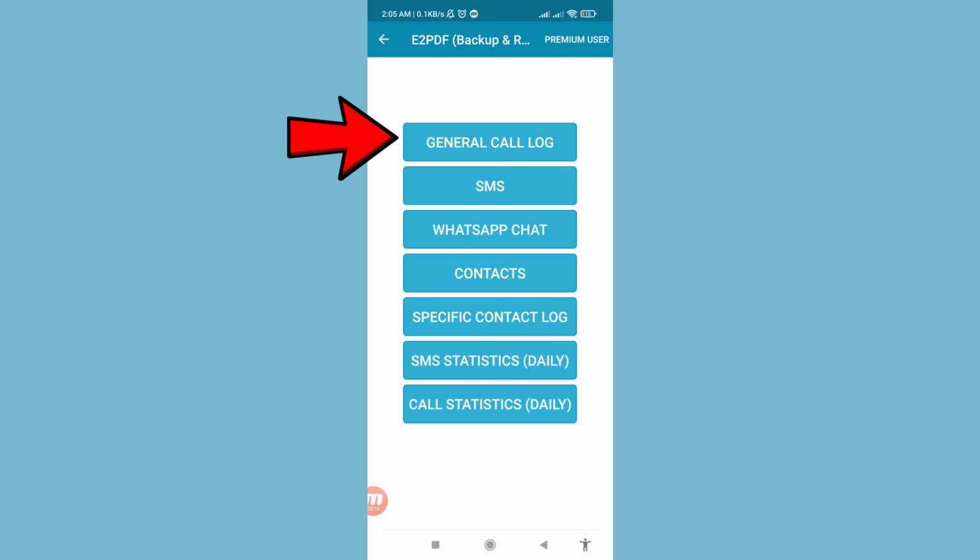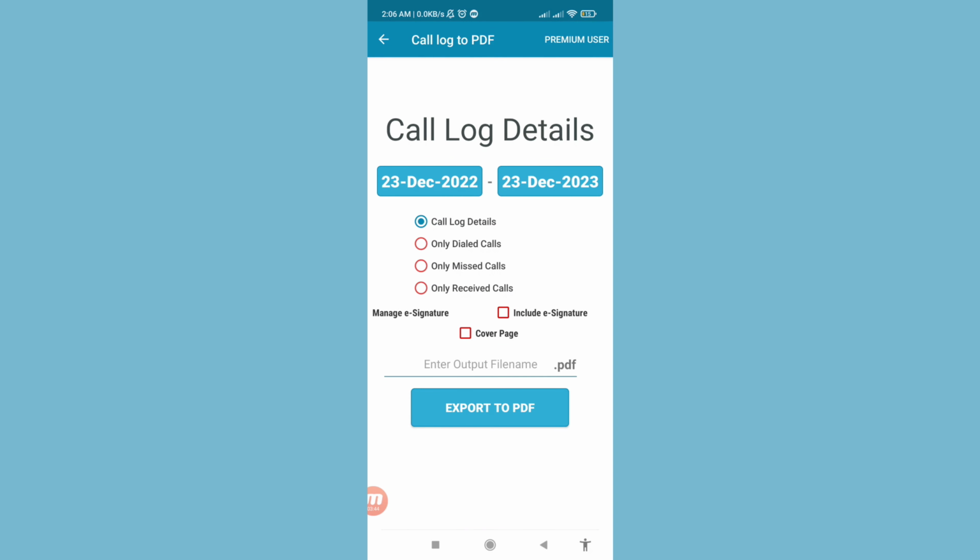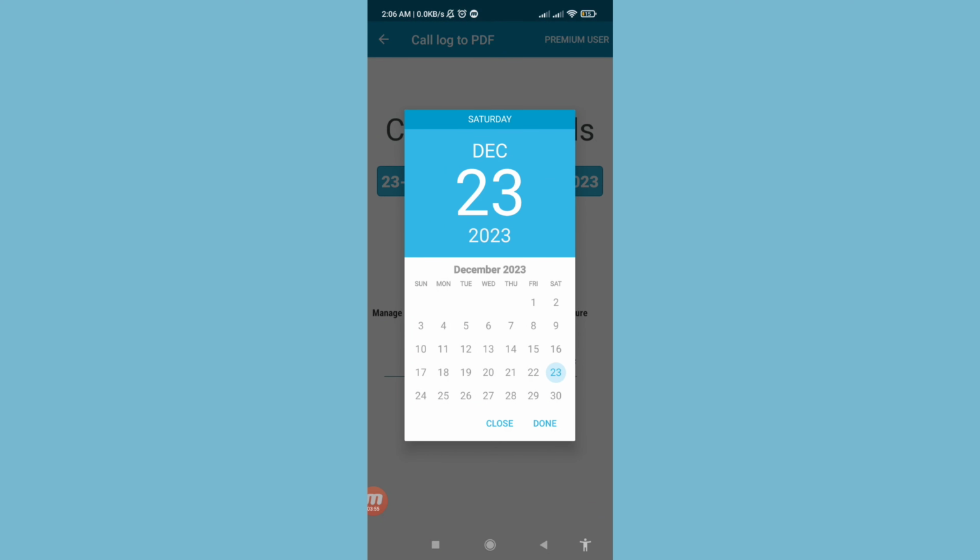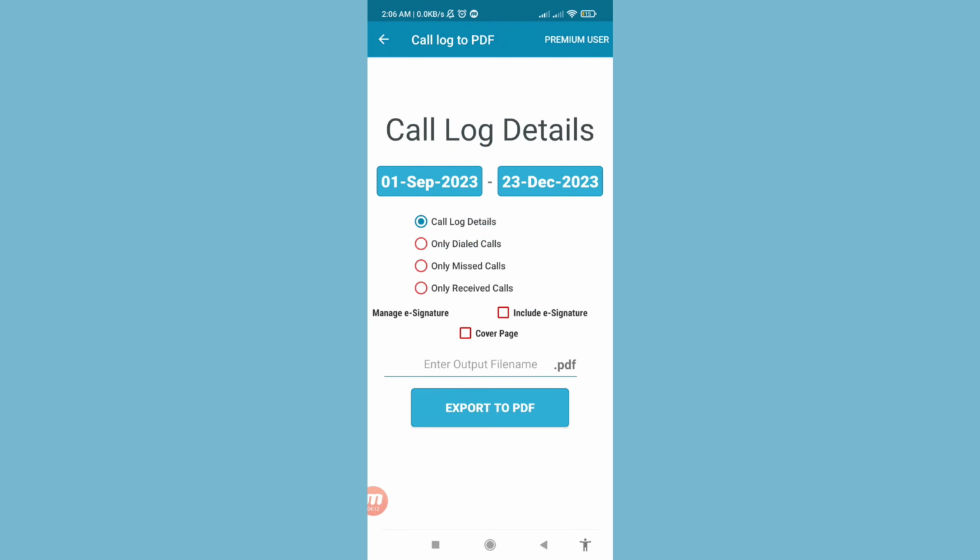So you can choose and open general call log details, and then you can see date, month or year. So first of all I can choose and select my needed date, month, year. So click on it and open, and then choose and select your needed date, month and year, and then done. And then you can see call log details, only dial calls, only missed calls, only received calls,